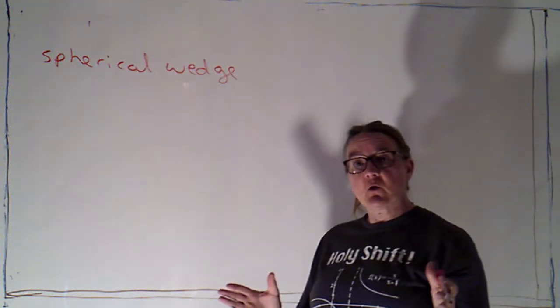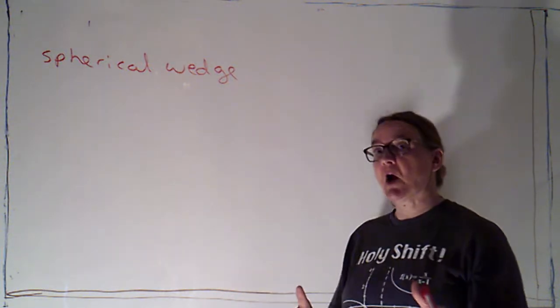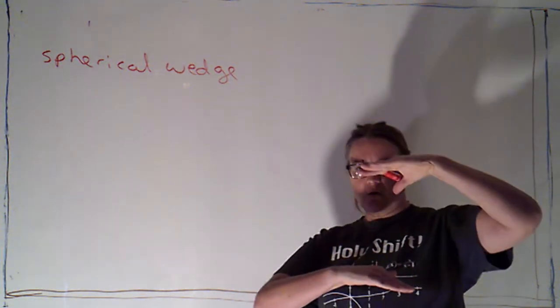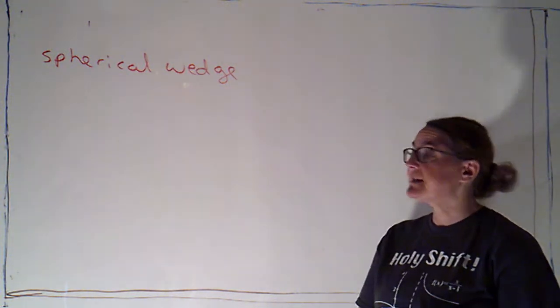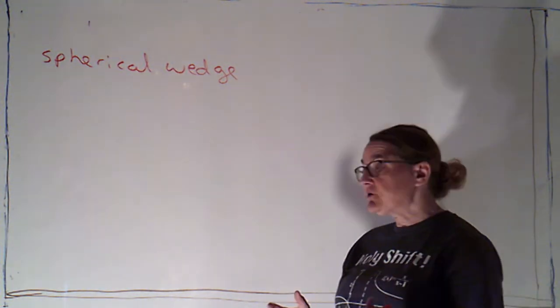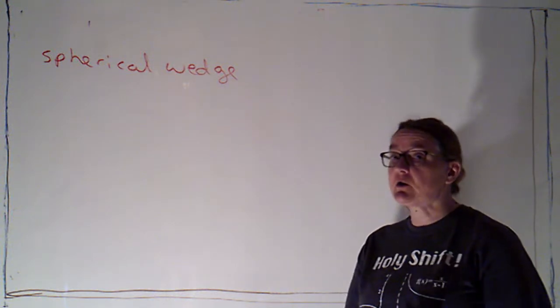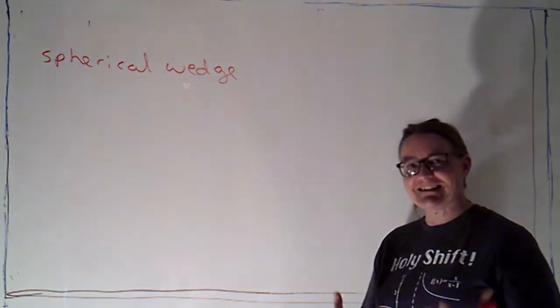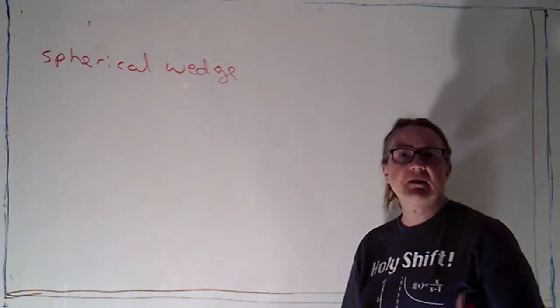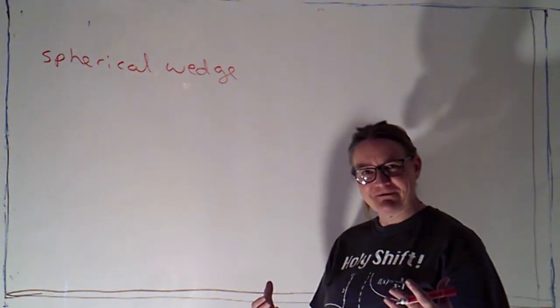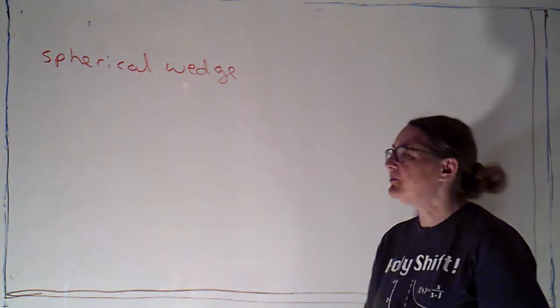Now with rectangular coordinates, we chopped things into a rectangular box that was bounded on all six sides by six planes, which are just constant surfaces in rectangular coordinates. In cylindrical coordinates, we chopped into cylindrical wedges that was bounded by six constant surfaces, two of which were going to be cylinders, two of which were half planes, and two of which were actual planes.